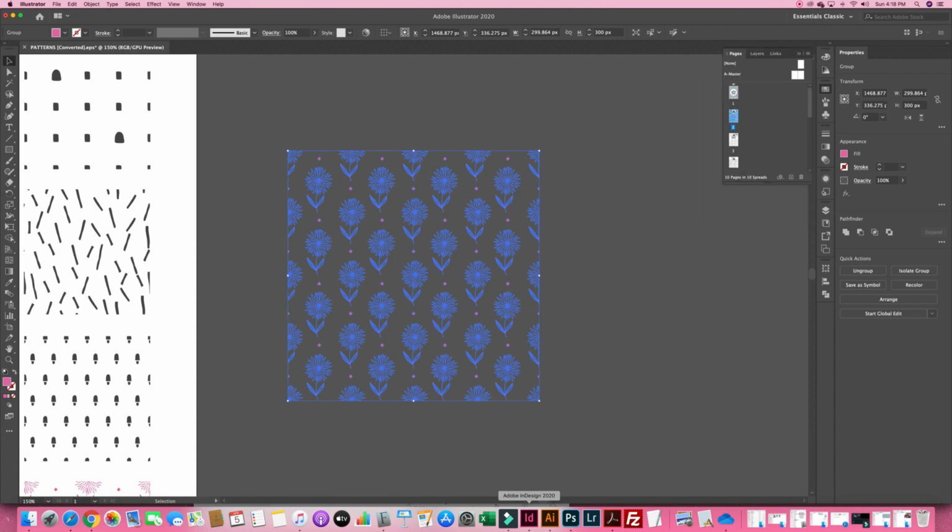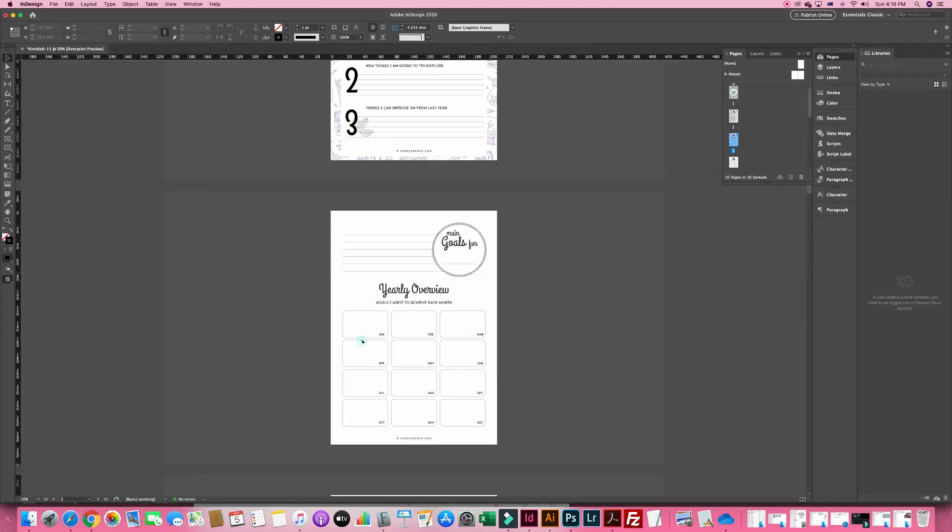Go to your InDesign and then paste. Control V to paste, or Command V. Okay, I like this color. So sweet. So I've done this, and then I'm just going to scale it. You see right now, this time it worked. This time it allowed me to paste as a vector graphic, because usually if it's an image, you will have a clean line, but if it's a vector graphic,